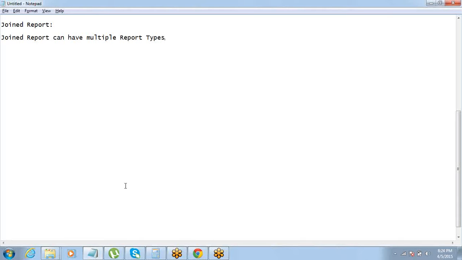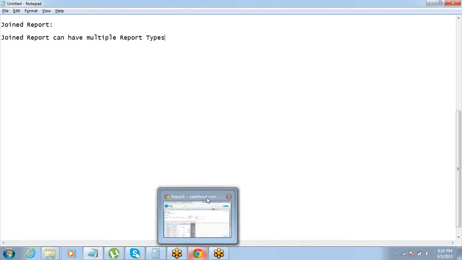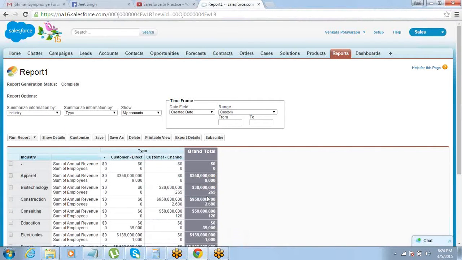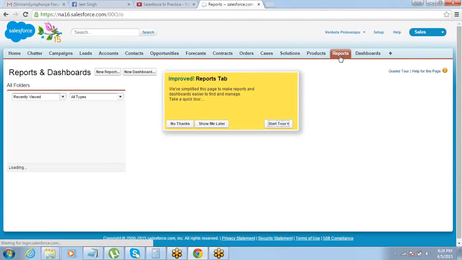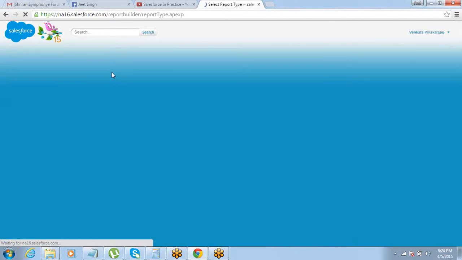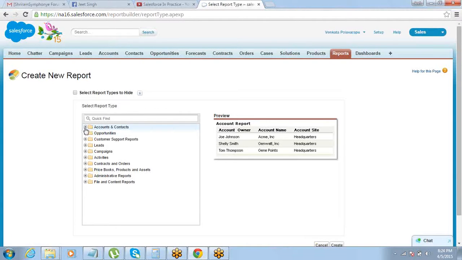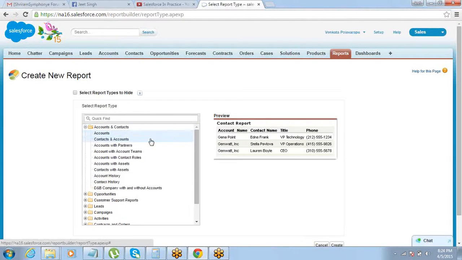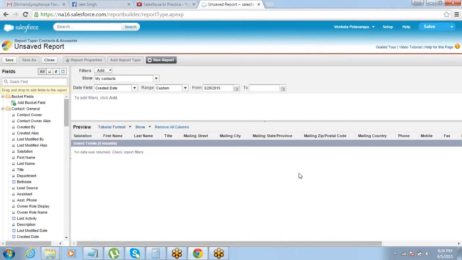So how does that work? Let's just have a quick look at that. So I'll create a new report. This time I'll create a report of accounts and contacts. So contacts and accounts. Click on create.